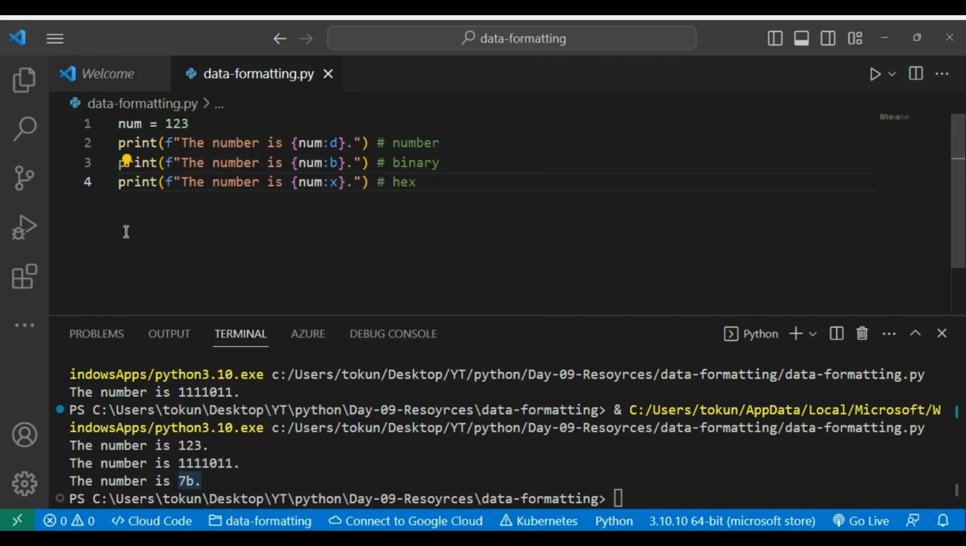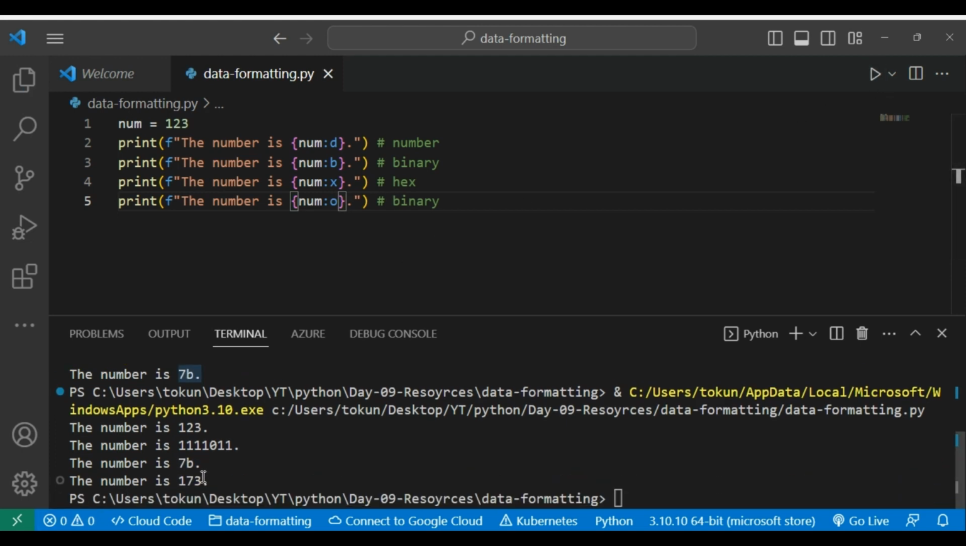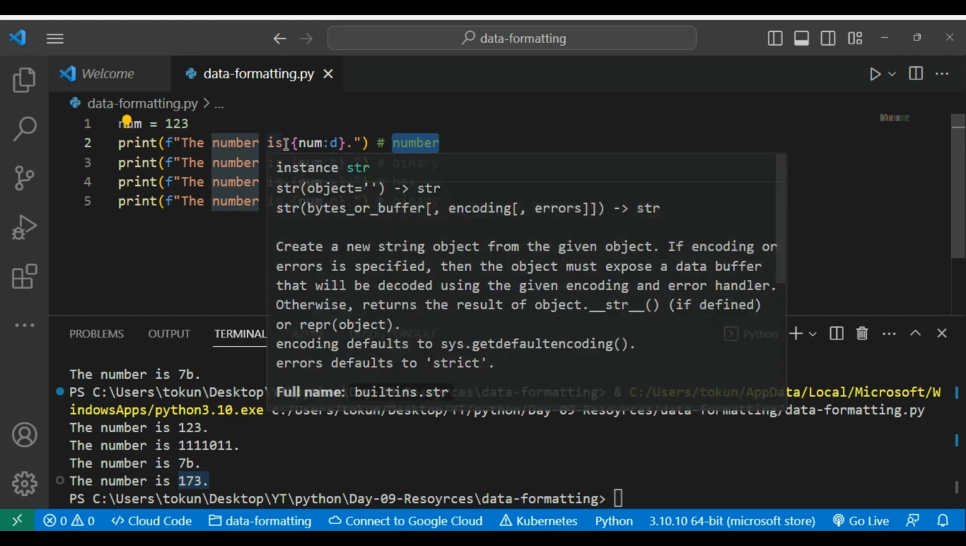So let me copy the same code and put O. If I put O here, it will convert this value into octal. If I run this, you will be able to see this is converting in octal. So let's say consider now if you want to display the difference, my number